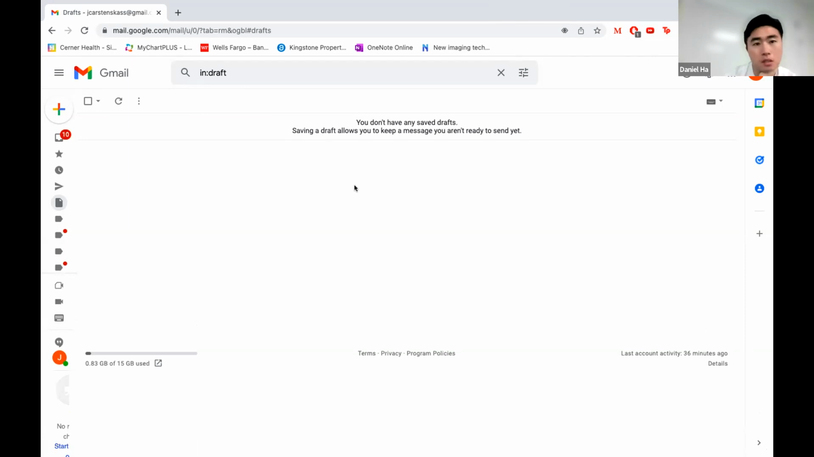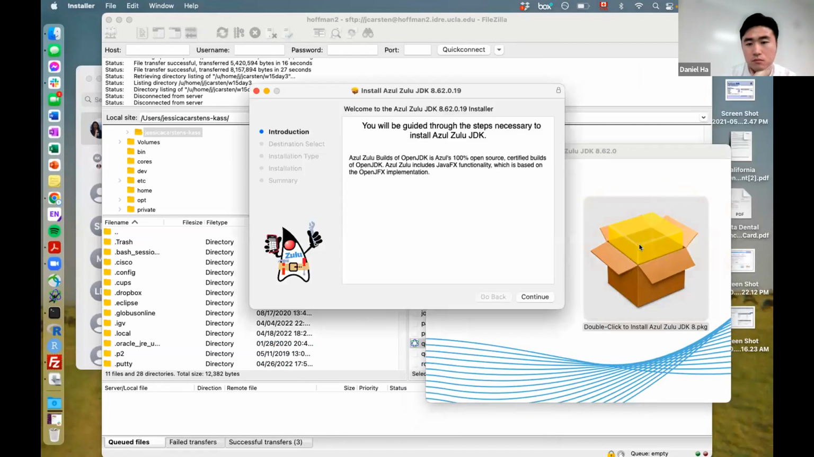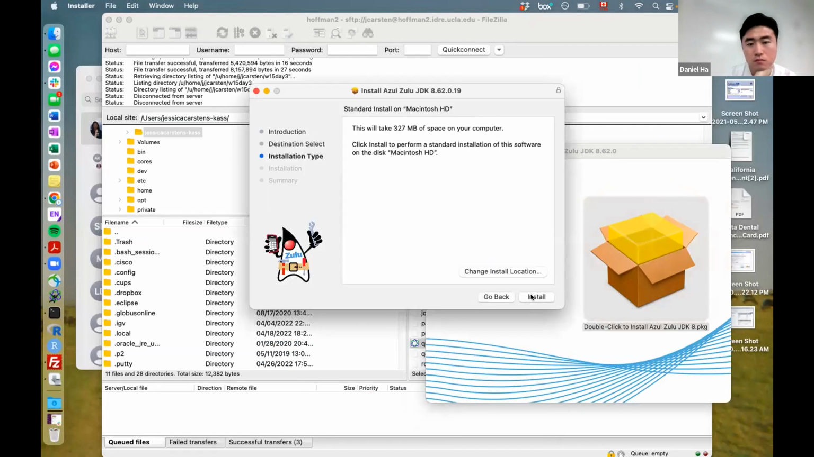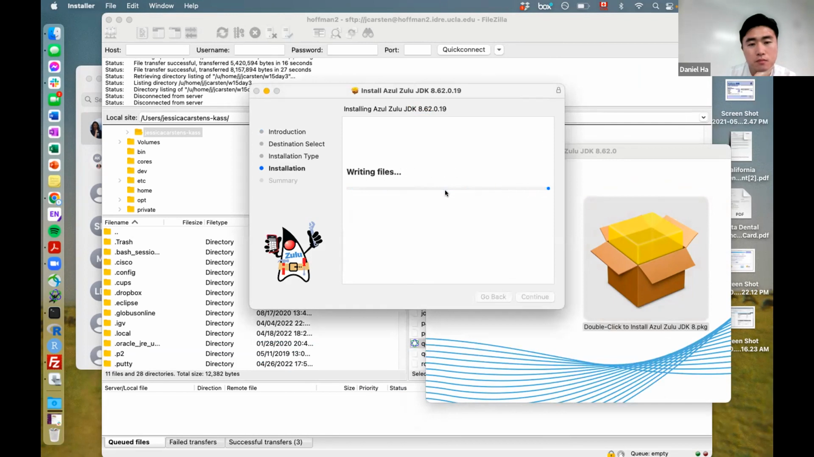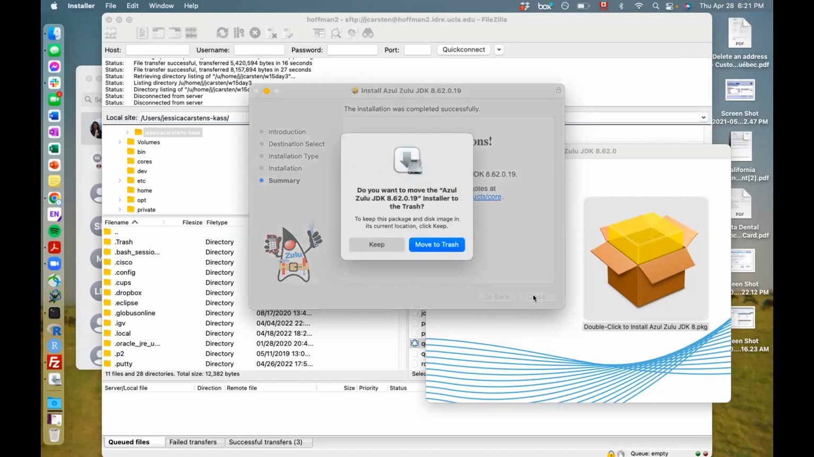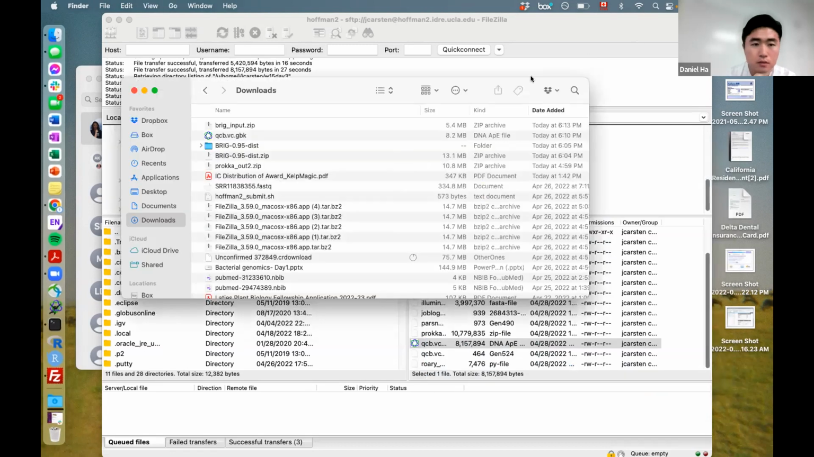Let's open that up. Can you type in your password? Yeah, so you only need to install it once. You don't need to repeat this process for your homework. Cool. Congratulations. To trash. And now you can